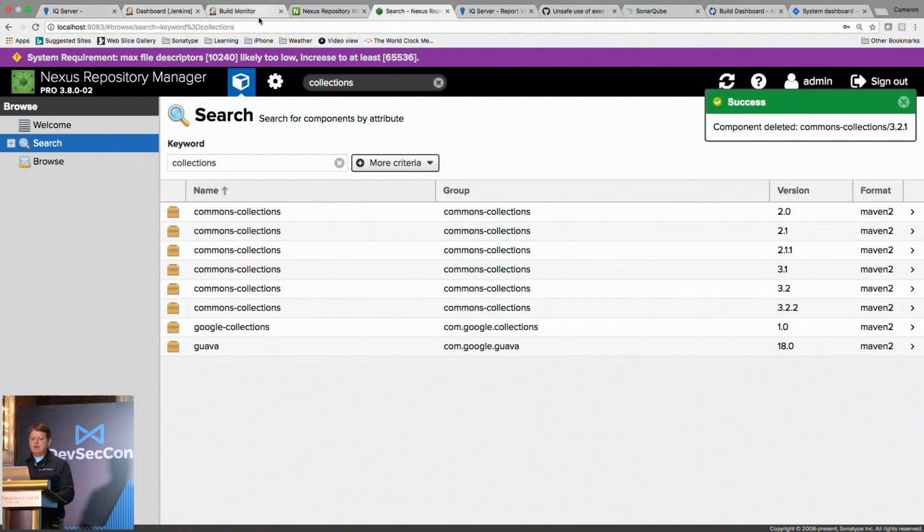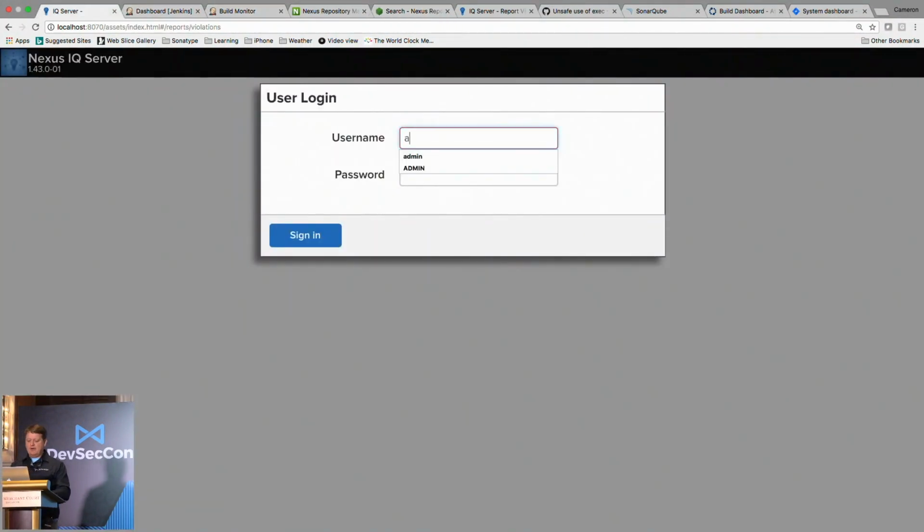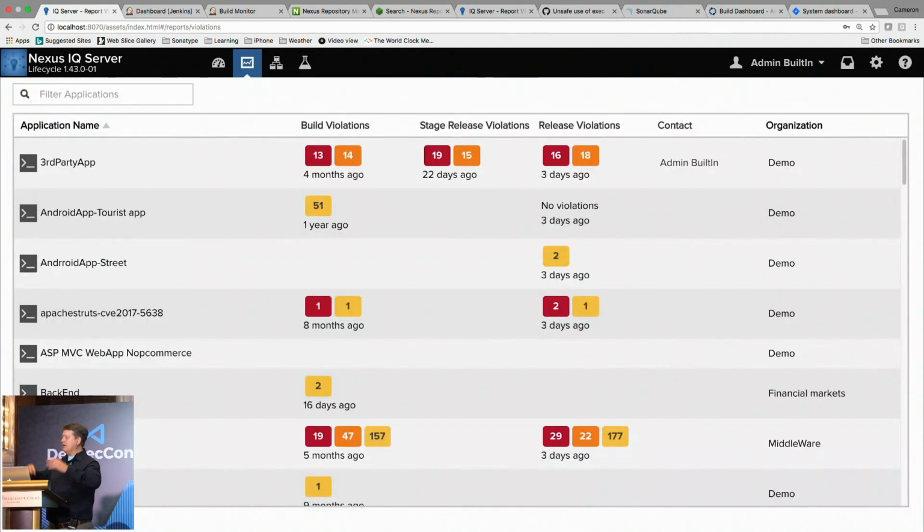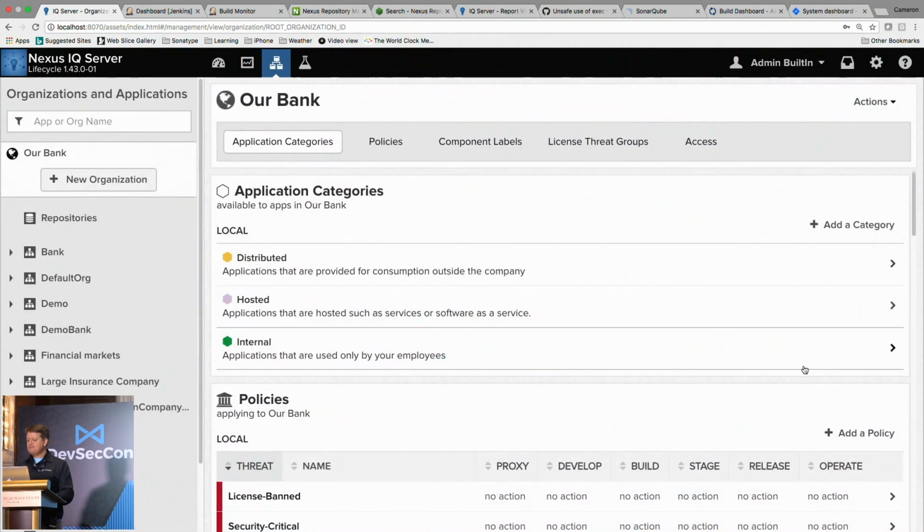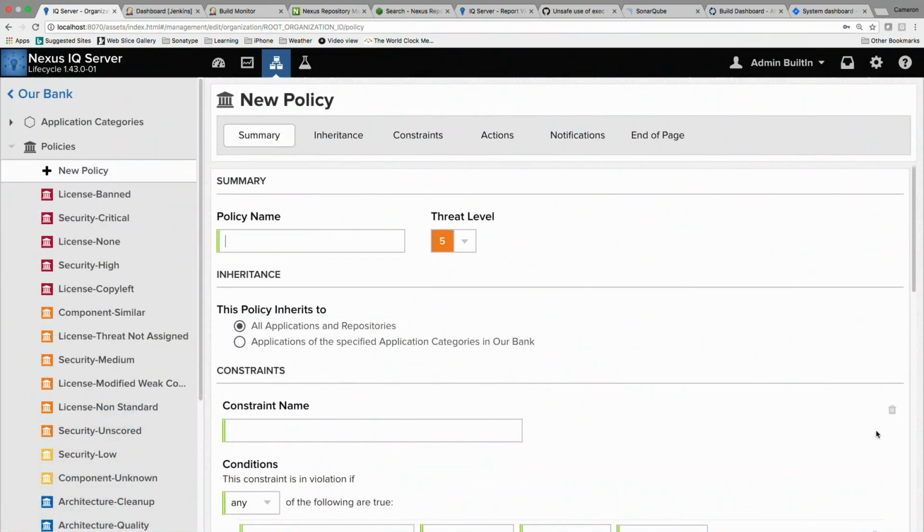We're going to simulate a programmer bringing in a library, and this library is going to make our software environment worse if he brings it in. So I'm going to add a policy that says no longer can I bring in bad libraries that have known security problems.